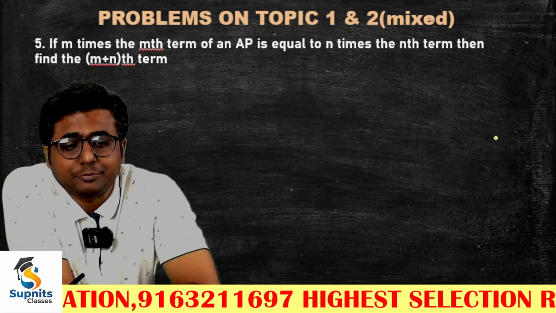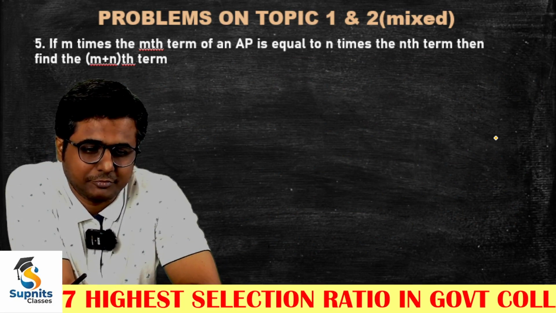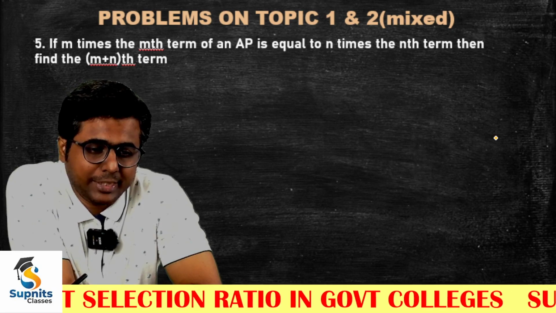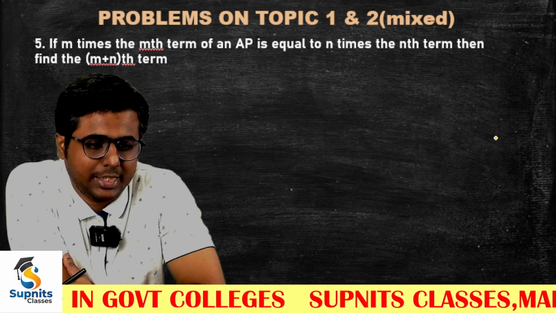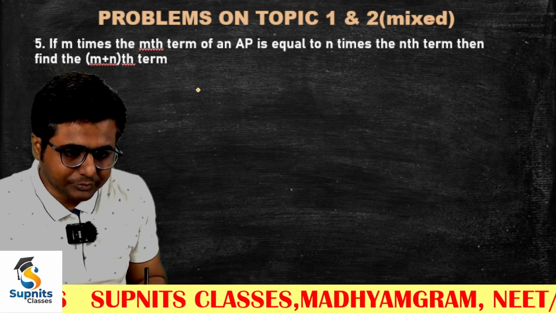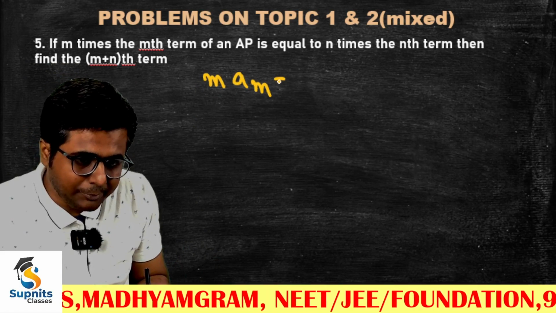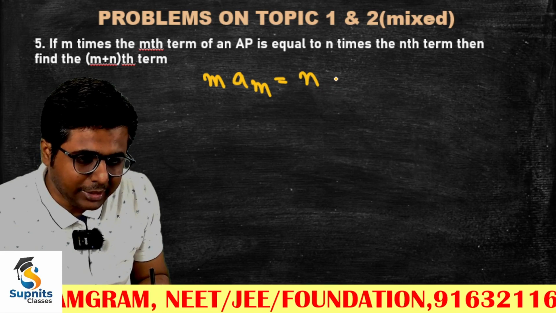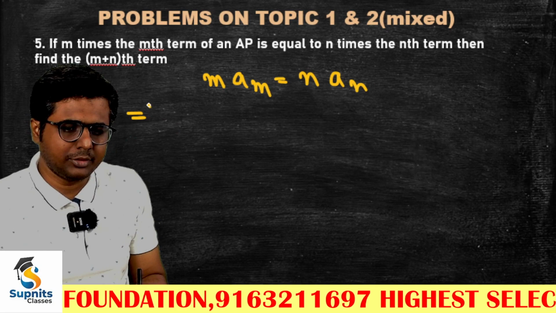Our next problem now, maybe our last problem today. Oh yeah, very nice problem. M times the mth term of an AP is equal to n times the nth term. Okay. So, what is the mth term? It is saying m times the mth term is n times the nth term. Very good, no problems. So, we are going to apply